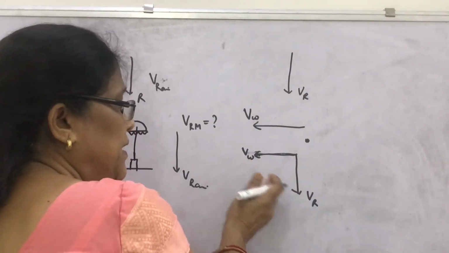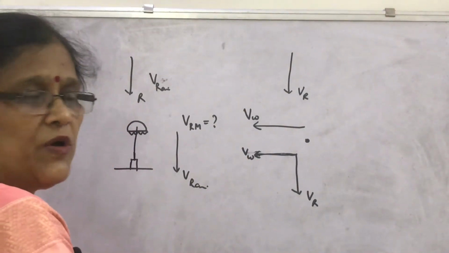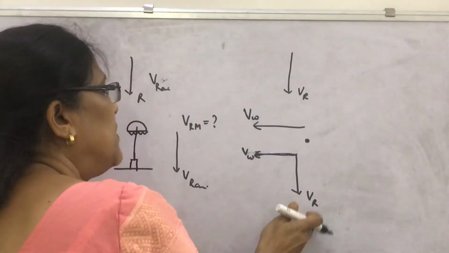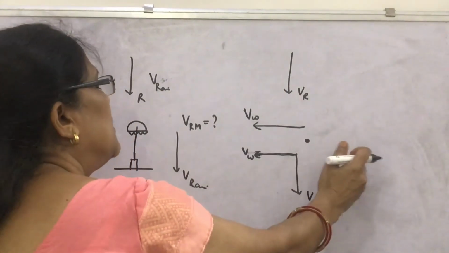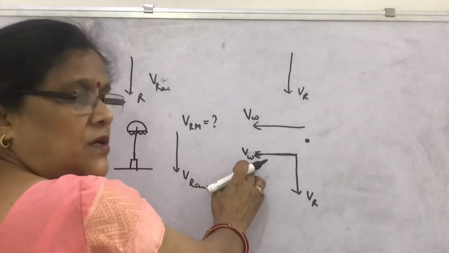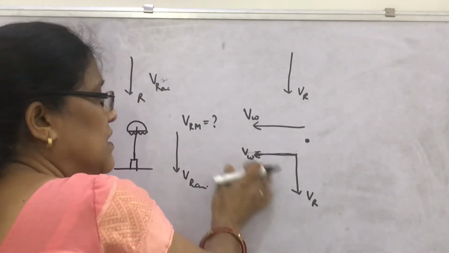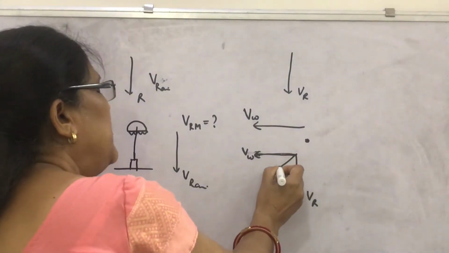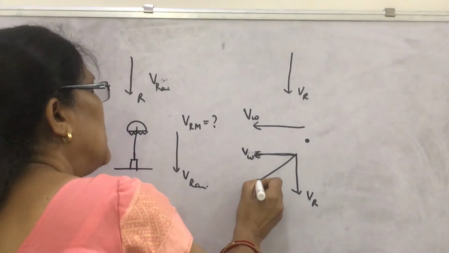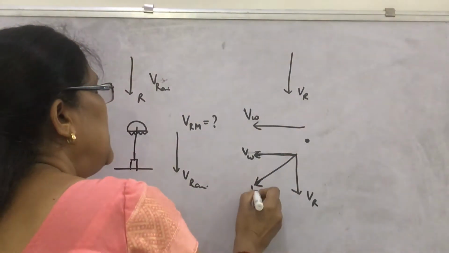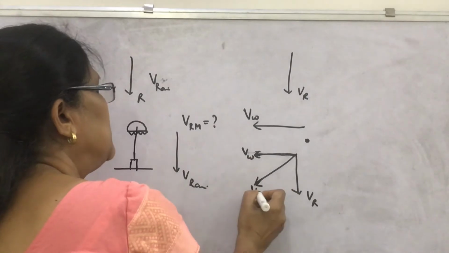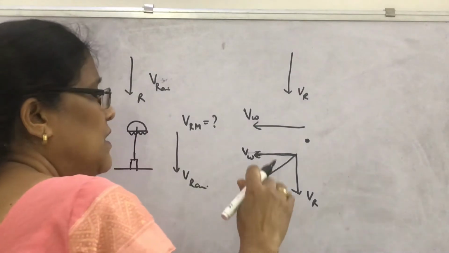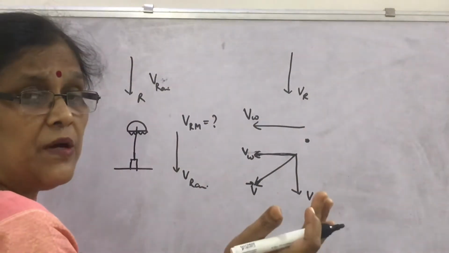Look here, a simple case of vector addition, because the person is standing here, rain is actually falling downward, but the wind speed is perpendicular to the rain in this direction. So what will be the resultant of these two? That will be the direction which the person observes, the resultant of these two. Suppose this is the resultant, I have written only this vector. So what will be the direction in which he has to open the umbrella?